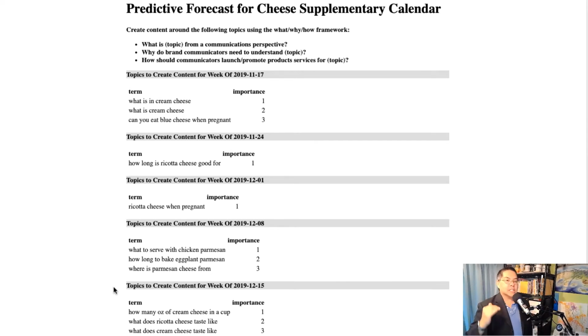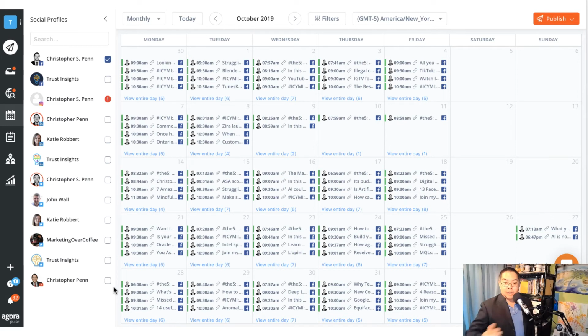By planning this far ahead, you know what's going to happen, and then you can take all that planning and all that content that you've done and load it into a system like Agorapulse to have your content ready long in advance, have it scheduled out weeks and months in advance, using this data, taking away that scramble, and timing it with what the audience really cares about. So that's the power of predictive analytics. That's what I want you to take away.